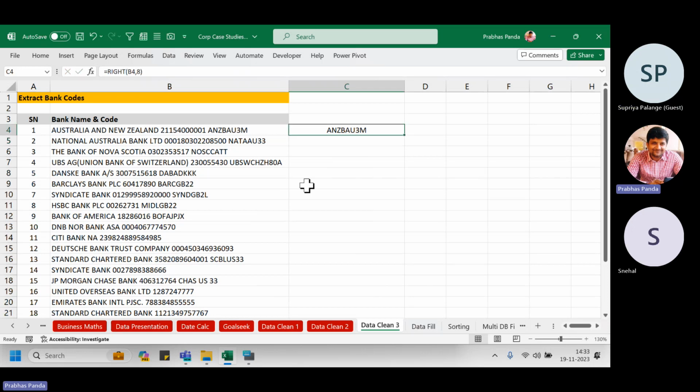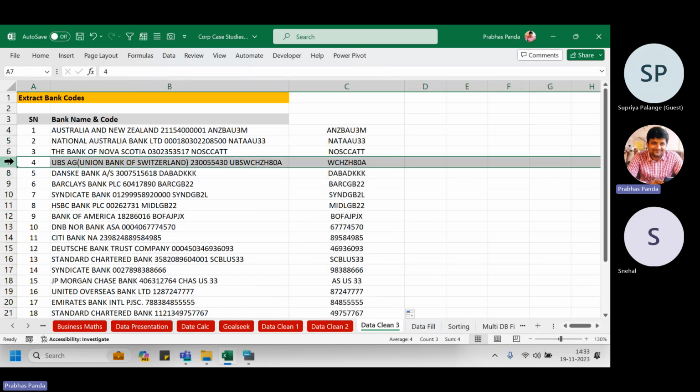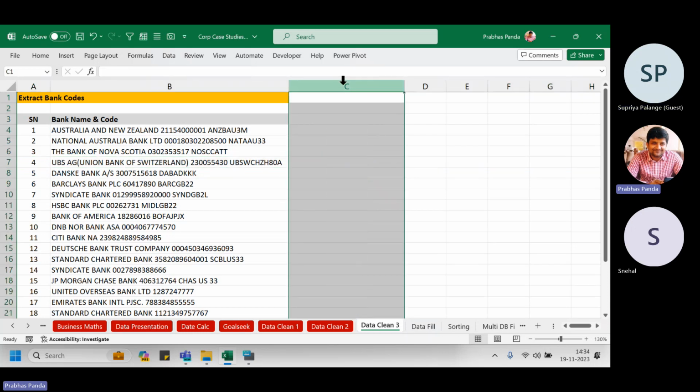डेटा का बैंक कोड। लेकिन बाकी को जब अप्लाई करता हूँ, डिड आई रिसीव माई बैंक कोड प्रॉपरली? देख लो, कहीं दूर जाने की जरूरत नहीं, मैंने जो हाईलाइट किया है देखो, डिड आई रिसीव माई बैंक कोड्स प्रॉपरली? No, it has just taken the 8, मतलब 8 राइट letters जो भी है। तो हमेशा हमारे डेटा में बैंक कोड 8 लेटर होगा बोल के कोई गारंटी नहीं है, सामने ही दिख रहा है। सब जगह पे 8 कैरेक्टर होता, मेरा काम आसान हो जाता, लेकिन कहाँ पे 8 है, कहाँ पे 7 है, कहाँ पे 5 कैरेक्टर है, ये प्रॉब्लम। सो डेटा इज ऑफ इनकंसिस्टेंट टाइप, दैट इज व्हाट द मेजर कंसर्न ओवर हियर।